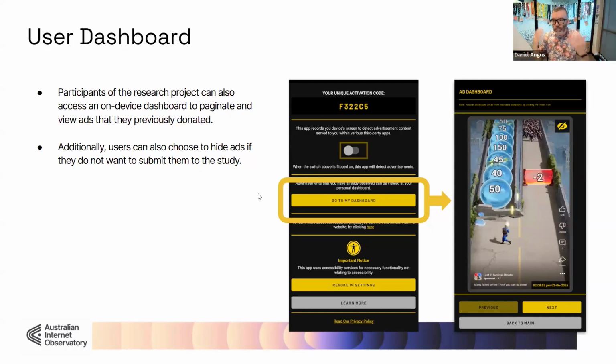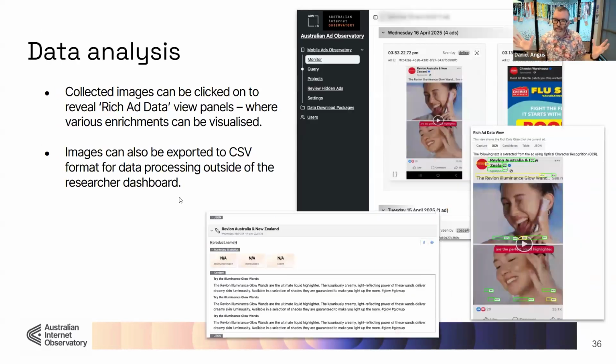So even if, through all of the ways in which we've protected that data stream, ads going off device were able to be intercepted, you wouldn't actually have any other personal identifying information attached to those ads, because those things are quarantined as separate processes. Next slide. Thanks, Nick. And so then when the data comes into the dashboard, into our database, we provide access